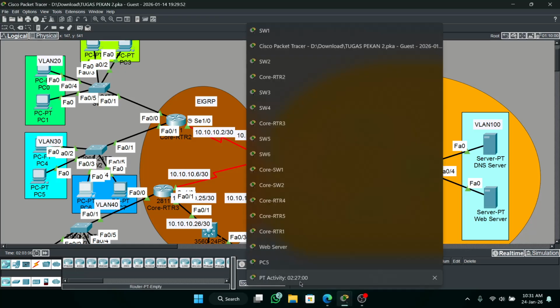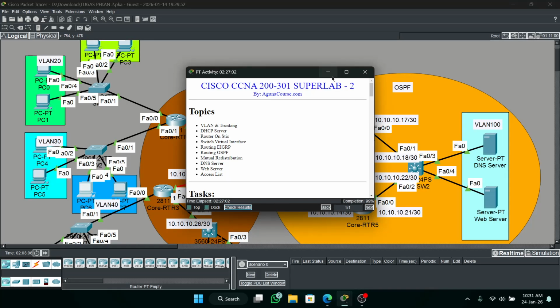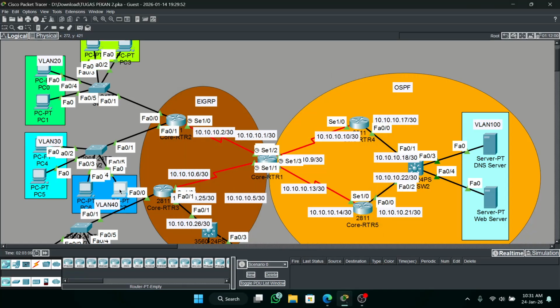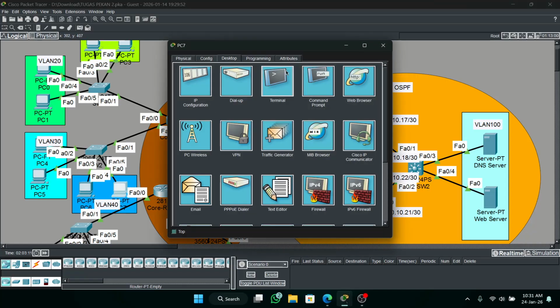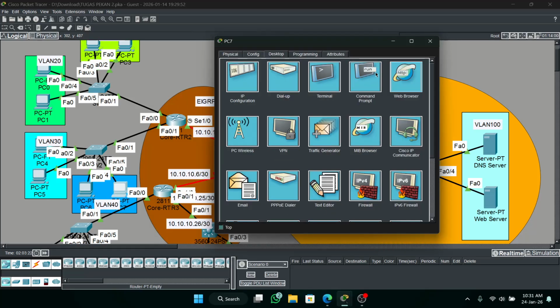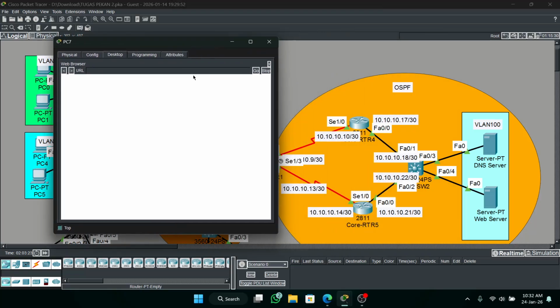If you can see in the activity, this is stuck at 99%, but no problem because we will test. The computer cannot access with HTTP, but can still access with HTTPS.